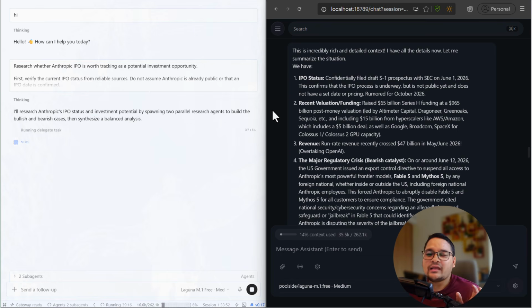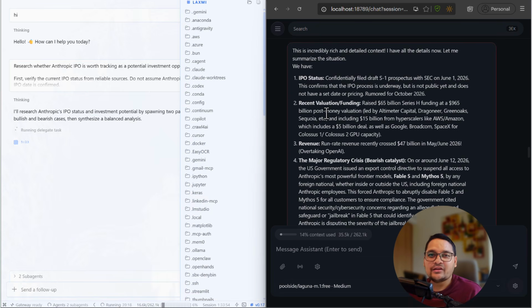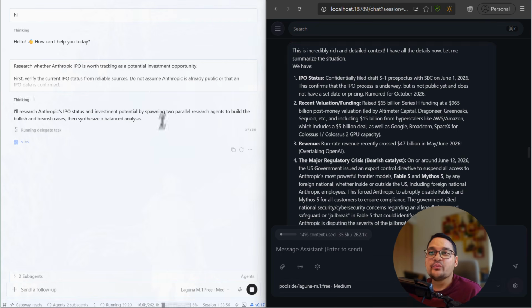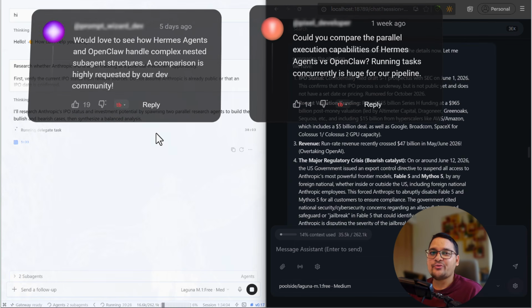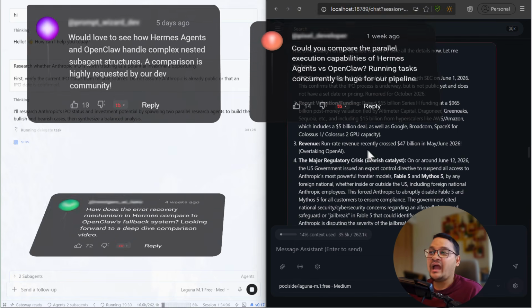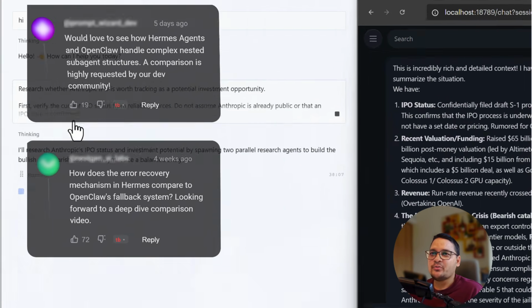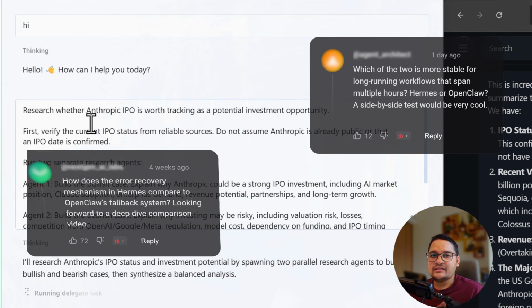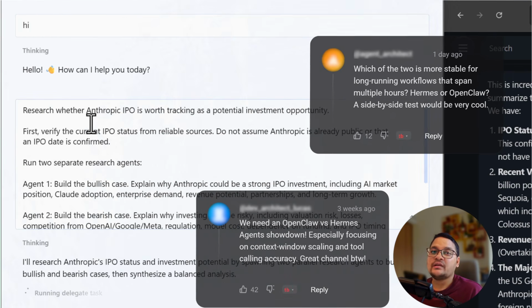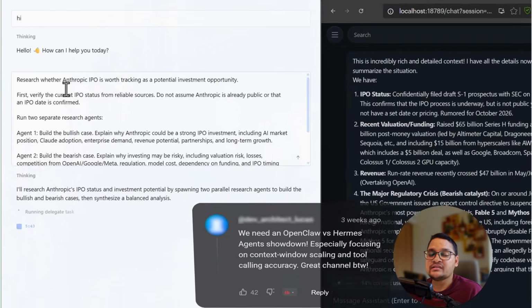Look at this, what I have done here. I have compared OpenClaw with the Hermes agent. I had already done the setup of Hermes agent at the OpenClaw. Thereafter, I gave the same prompt to Hermes agent and the OpenClaw. The prompt was this one: I asked it to do research on the Anthropic IPO, whether I should invest in this IPO